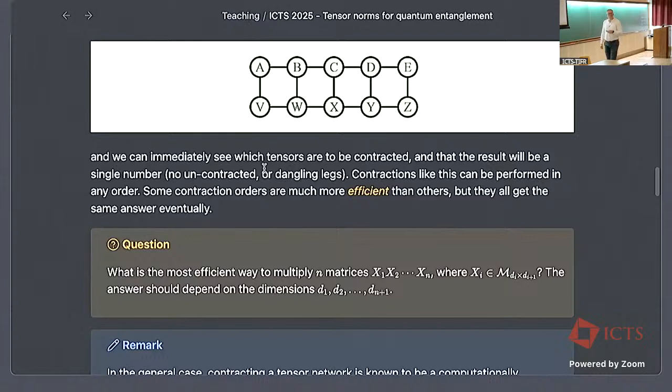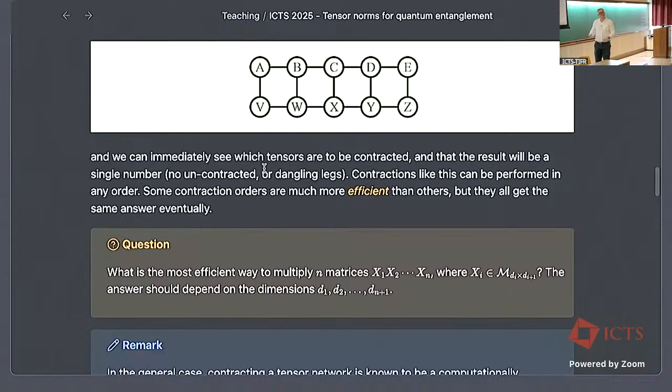So what's the most efficient way to compute this product, x1 to xn? How should I do the multiplications? Basically, you only know how to do matrix multiplication, so you have to do them in some order. For instance, maybe I can multiply x1 to x2, then the result with x3, then the result with x4, etc. Or I can start in the middle and then do the multiplication to the outside, or I can group them 2 by 2 and do kind of this tree thing. And if you sit down and write how many operations you need to compute this product, you will see that depending on the way you put the parentheses, you will not get the same answer.